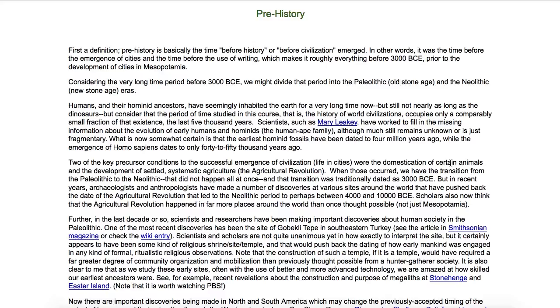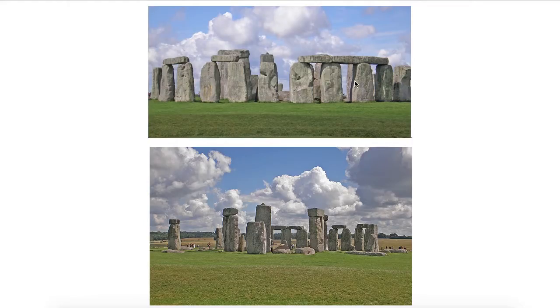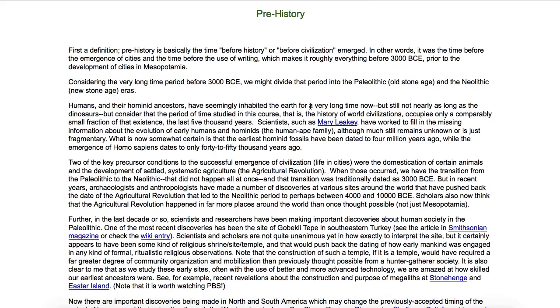And so, for example, if we went back to the Stonehenge monument, we've been looking at this large stone formation for centuries now, and we still don't really completely understand its purpose. And so that's one of the quandaries of studying prehistory, is that we don't have the sources, we don't really have the knowledge, and so it's really difficult to make any 100% assertions or judgments about the societies that existed in prehistory.